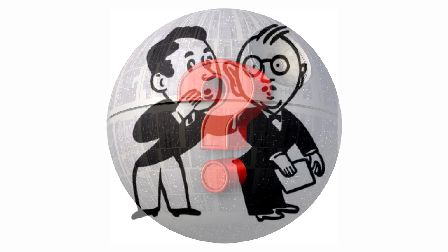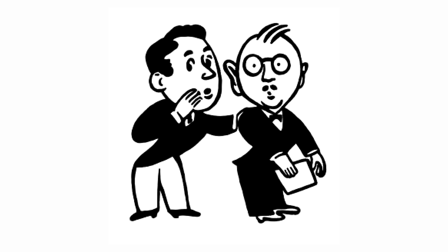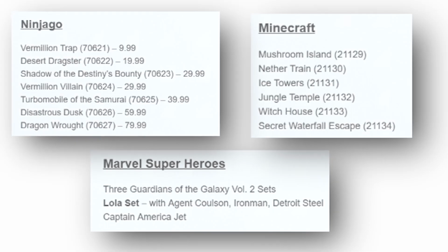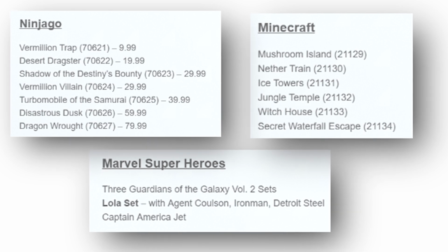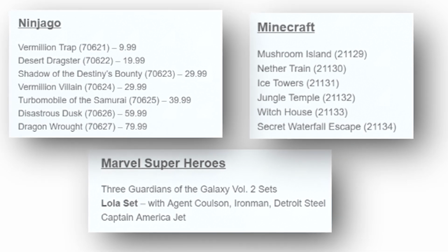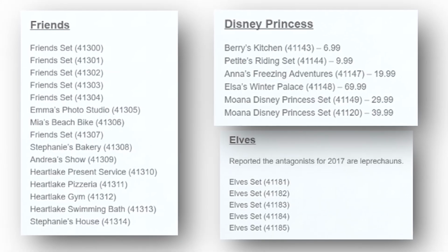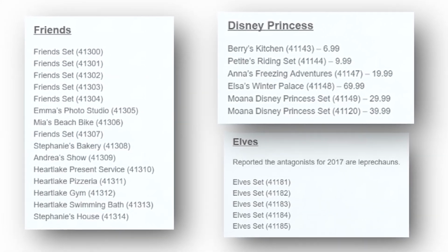Rumor has it might be the new Death Star. And speaking of rumors, there's been quite a lot of buzz on the Eurobricks forum. CM4Sci and others have released quite an extensive list of set names throughout a variety of themes. There's frankly just too much to cover, and remember, these are technically still rumors, they're not all 100% accurate, but